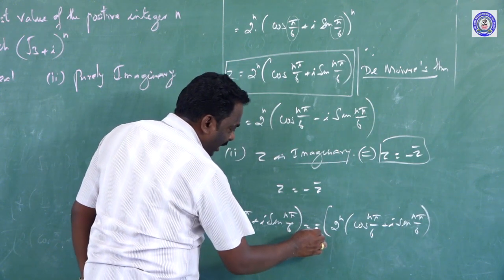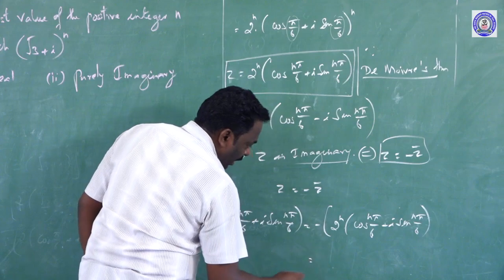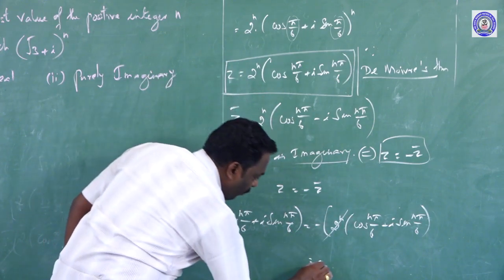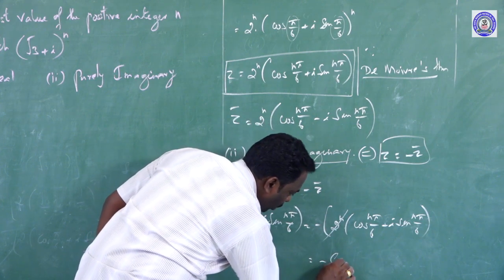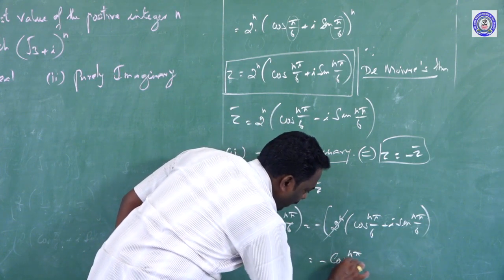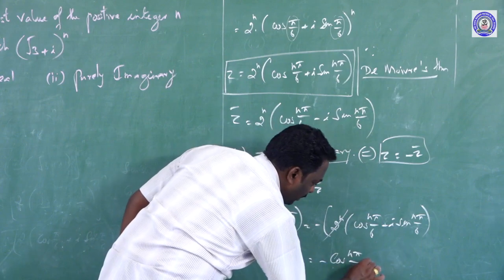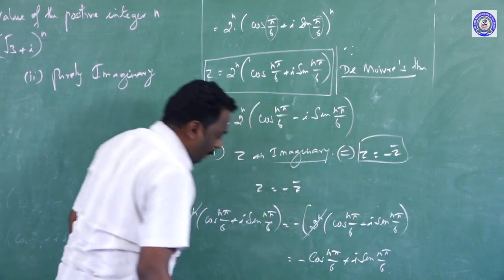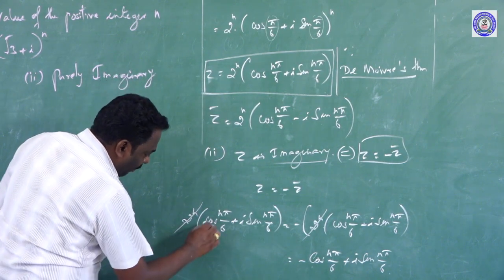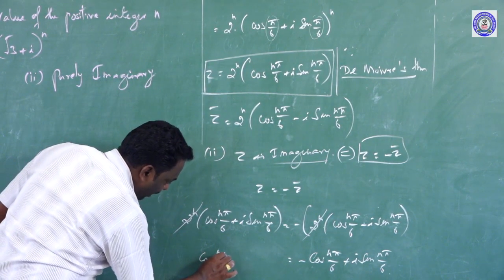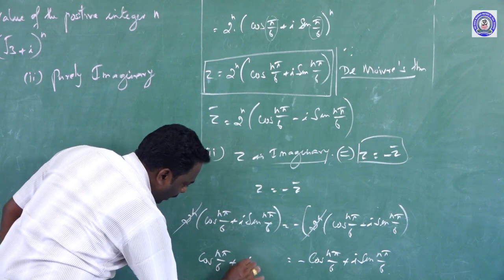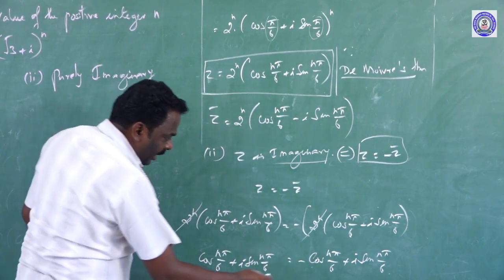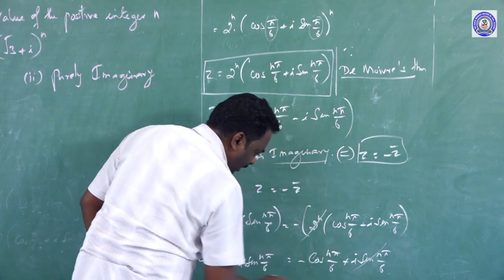Now just multiply the minus inside the bracket. And this 2 power n and 2 power n again cancel. Therefore, minus times minus into cos n pi by 6, plus i into sin n pi by 6, we obtain. Here comparing the left hand side equation, cos n pi by 6 plus i into sin n pi by 6, it is positive on both sides, so the sine terms cancel.